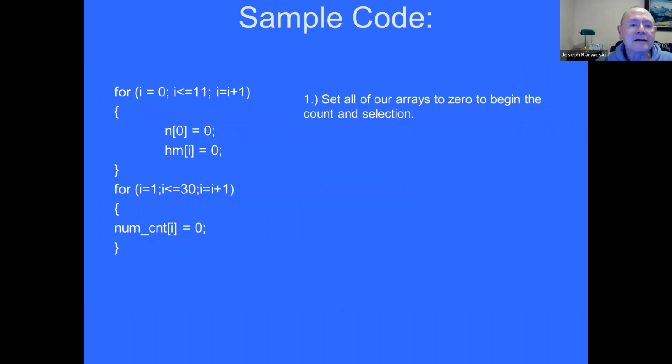Process number 1, set all of our arrays to 0 to begin the count and selection. Well, hopefully you can look up here. We're going to go for I equals 0 to I less than or equal to 11, I equals I plus 1. We're going to set n sub,